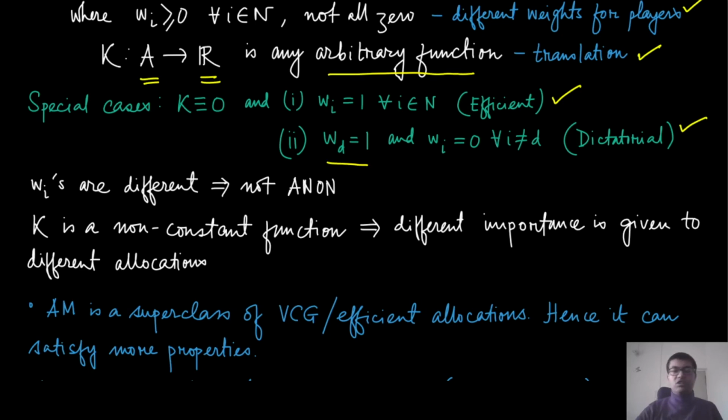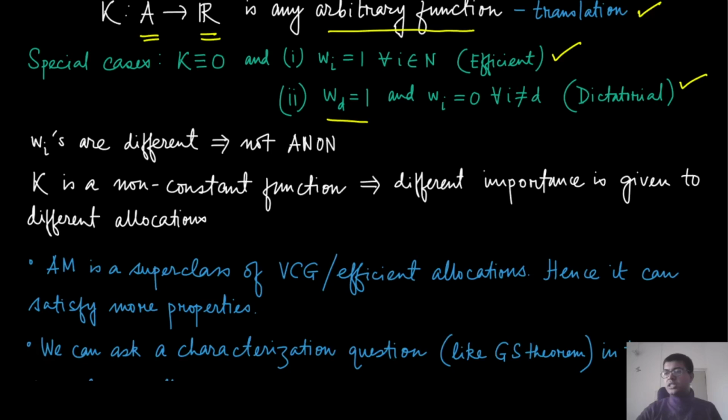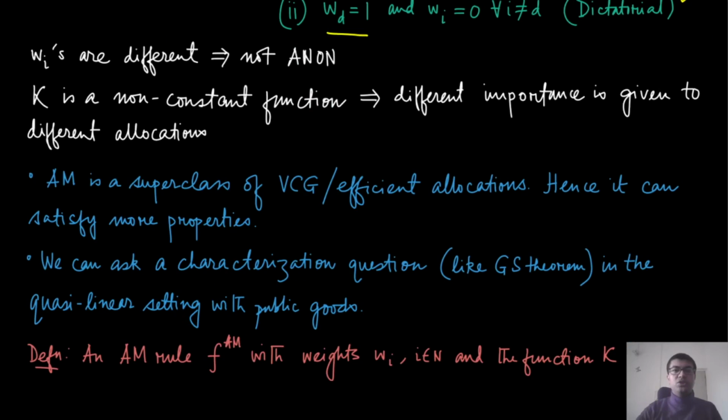So that's not super important at this point, but let us just keep that in mind. We have already seen that an affine maximizer is a superclass of this efficient allocation rule, so it is expected to satisfy more properties. One implication of going to this larger class is that we'll see a characterization result which is very similar